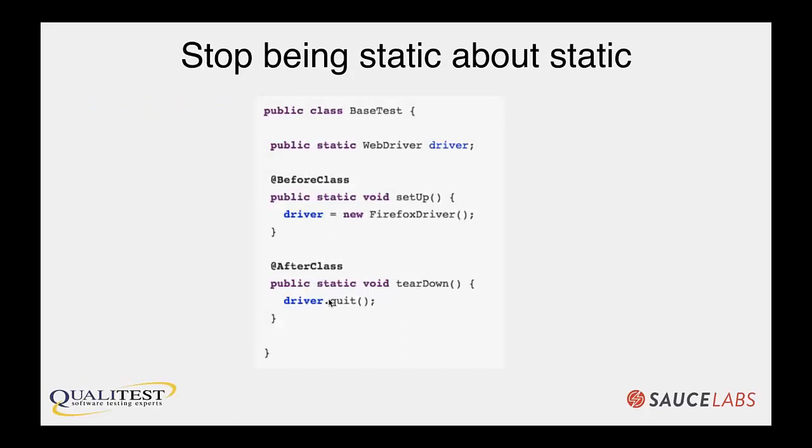And here is the final piece about running tests in parallel. Unfortunately, I don't see this talked about very often, but there is nothing that will stop you from doing parallelization faster than using the static keyword, especially for something like using a driver. So if you do, for a web driver, for example, with Selenium, use a static keyword for Selenium WebDriver or your Appium driver or any kind of UI test automation tool, what's going to happen is now you've created a single space in memory where all of your tests are going to start accessing that driver.